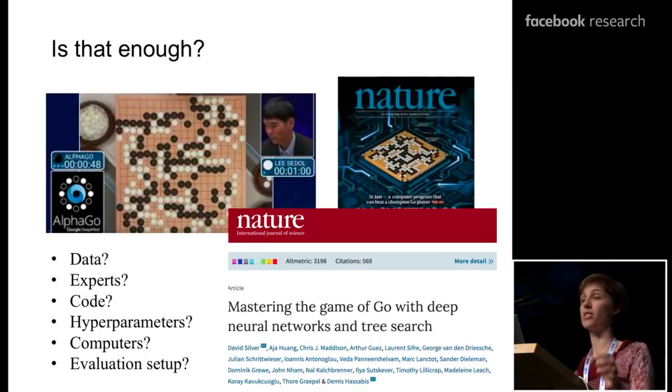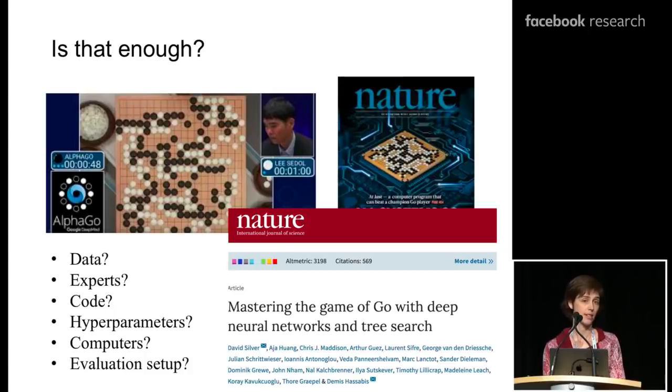The expert games that were used to train the initial policy were not necessarily easily available to all of us. The development of the code, of course, is a huge effort. The search over the hyperparameter space and the computational requirements necessary to train the system are really hard to replicate outside of the team who did the initial work. Not to mention, I guess, the logistics and the financial cost of setting up a series of matches against Lee Sedol et al. And so I think in many cases, it's important to think of how we facilitate that road.